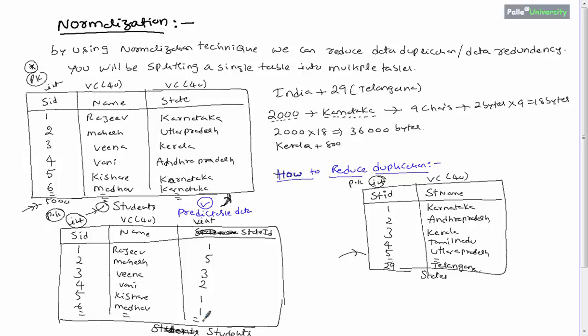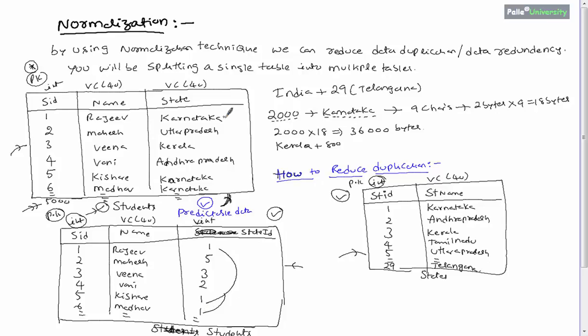So instead of designing the table something like this, it is better to create the same table as 2 tables. First one is states table and second one is students table, right? Now if you observe the students table which is created now, if you observe carefully the state ID column, again the duplication is present here, right?